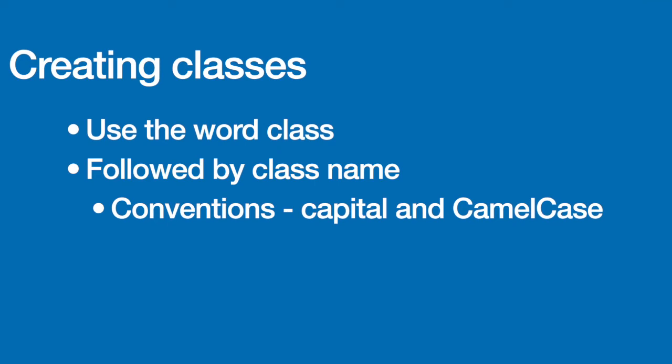So if we create a class called Person, P is recommended to be capital. And if we are using two words in the class name, it's recommended to use camel case. That means the first letter of each word should be capital, and that is termed camel case format or naming